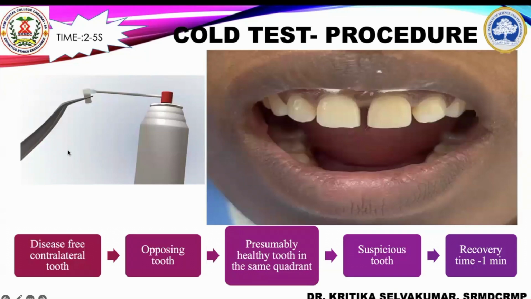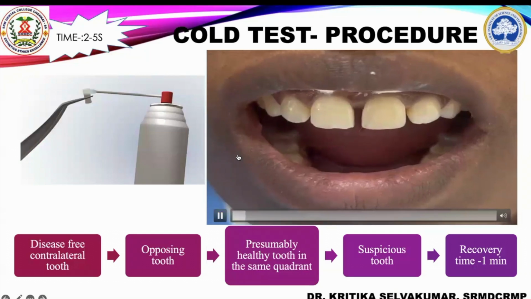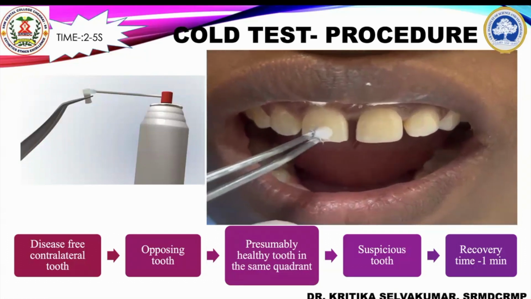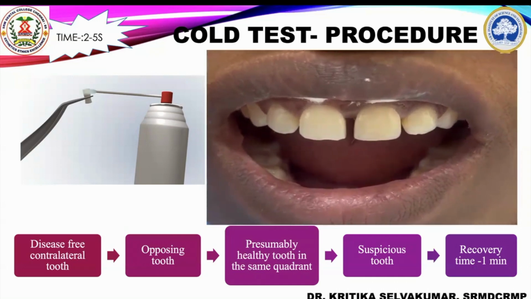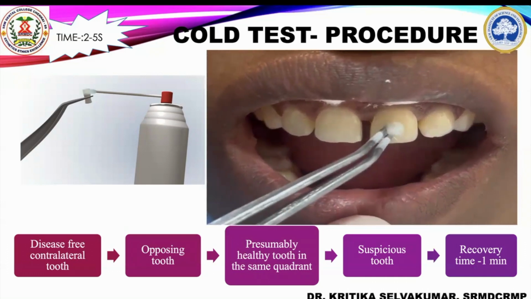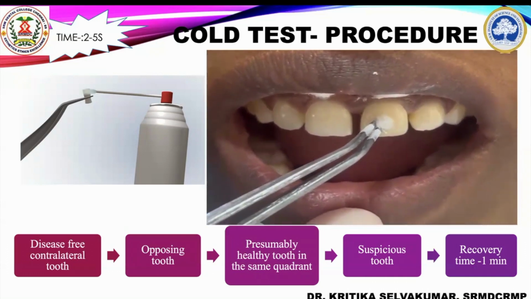So the procedure is: first we need to isolate the tooth, following which the endo ice, composed of 1,1,1,2-tetrafluoroethane, the most commonly used cold test stimulus, is sprayed onto a large number 2 size cotton pellet. The cotton pellet is completely saturated with that material and placed on the mid-facial region, as you can see here. First, the healthy tooth is assessed for the stimulus response, and then only the suspicious tooth or tooth of interest is evaluated.